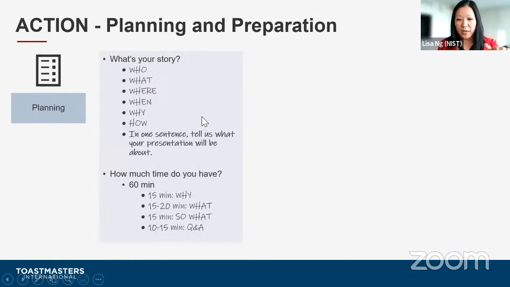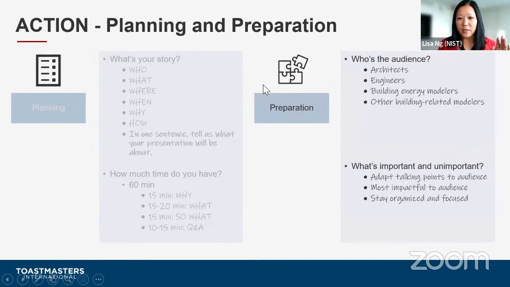All right, so we went over planning in depth. So let's go on to the audience. Again, in the next week's conference, you might be talking to architects, engineers, building energy modelers, other professions. You really don't know who's going to be the majority in your audience. Even if the conference itself is targeted toward a different audience, I'm sure that there's going to be individuals from different industries that will attend.